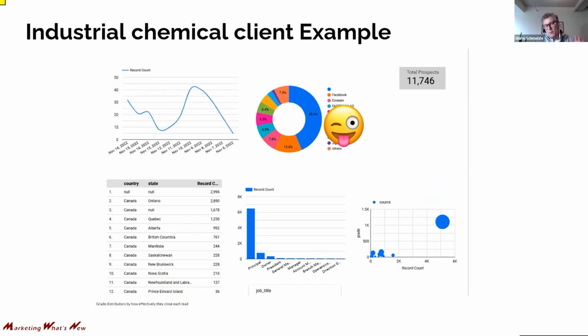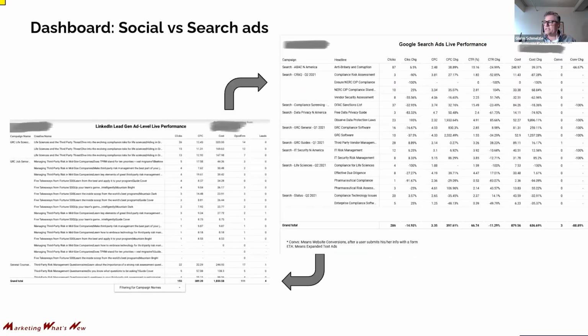Another one, as I said before, when you put together the data in the right way, you can start to look across and you can say, well, I've got money that I spend on social ads. I've got money I've spent on search ads. I'm not really concerned about what those tools, I can go into those tools themselves and find out how much they tell me that they're bringing back in ROI. But I want to look across.